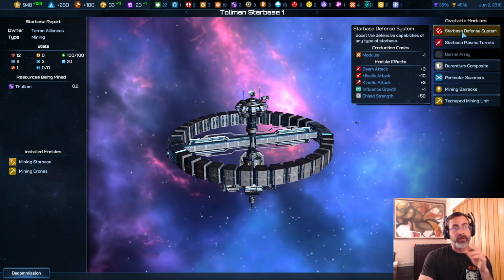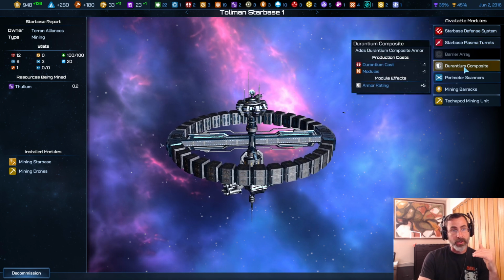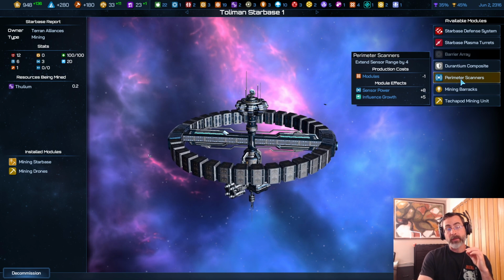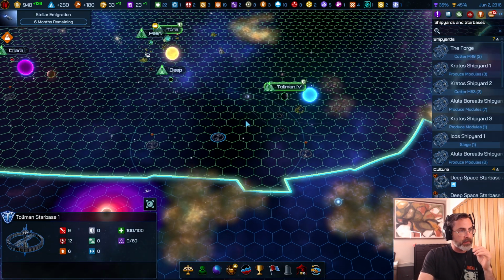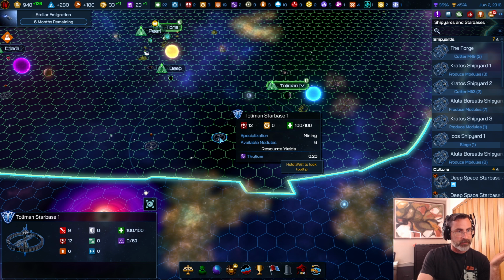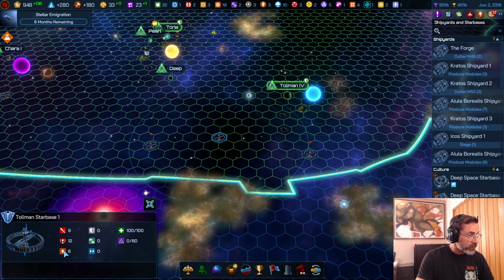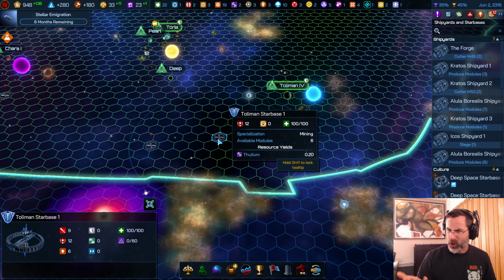Now, you could get a little bit of influence based off of some of these. Like here, that's a +1 influence growth per turn. That'd be subsumed by the Torian's influence growth. Perimeter scanners would yield a little bit. I wouldn't mind having some eyes in there either. So right now, these mining starbases have a range of, I don't even know what this is here. It's not telling me. It's minimal. I don't know what our sensor range is. Maybe like 4 or 6 or something like that. We never really went hard in sensor range,